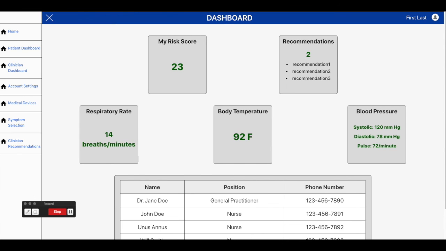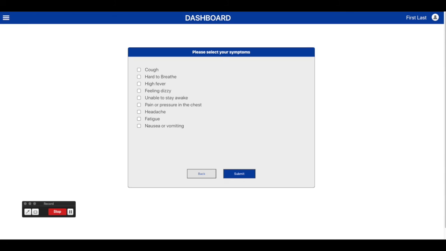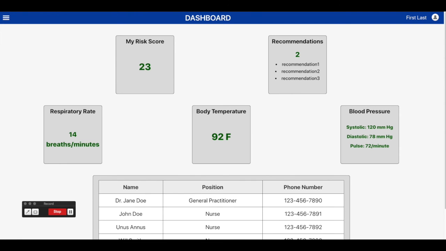Another thing you can do with this application as well is we provide a symptom selection screen right here. And this is more particularly around the patients, where they can log into their side of the application and then click to basically enter in the symptoms that they're experiencing. So whether this is cough or pain, pressure in the chest, or fatigue, they can enter in these details, and then a healthcare professional can review them and make actions based upon some of this information that's being collected. So for us, I'll select high fever and headache and click submit, and it'll take us also back to the